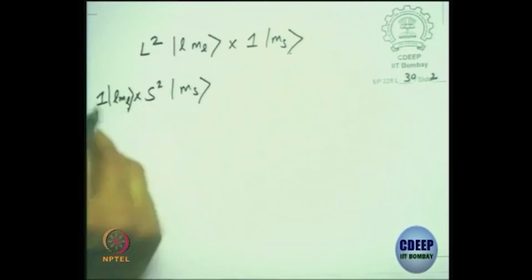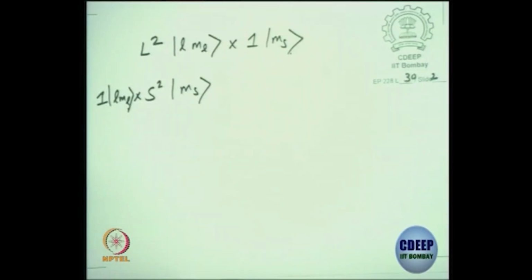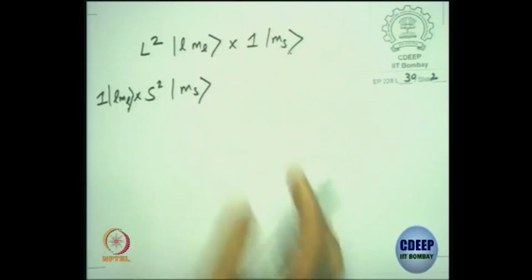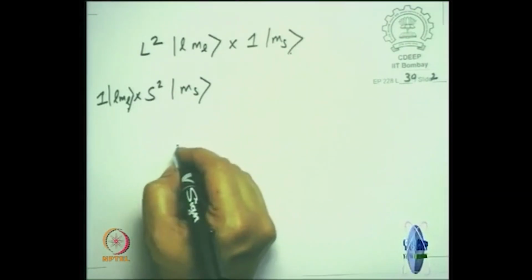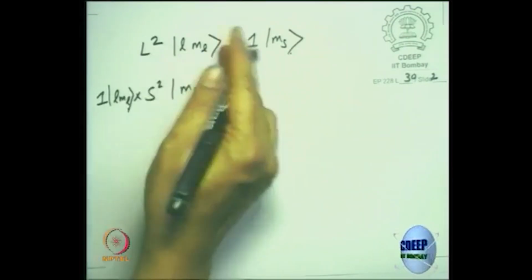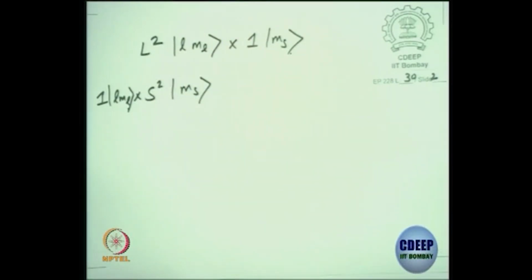I am just keeping this order in the sense that the first ket represents the orbital space or the physical space and the second ket represents the internal space. This is just a nomenclature. So, what is this? L squared on LML, all of you know. Similarly, LZ also you all know. So, I do not need to repeat it, right. So, L squared will be L into L plus 1 H cross squared, LZ will be